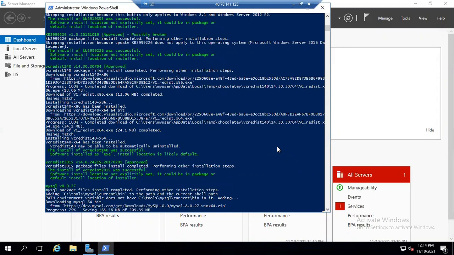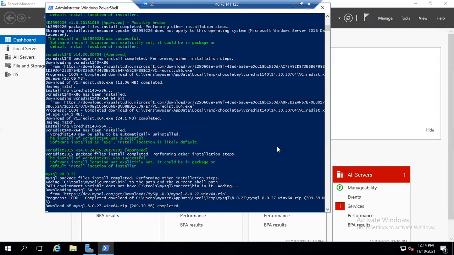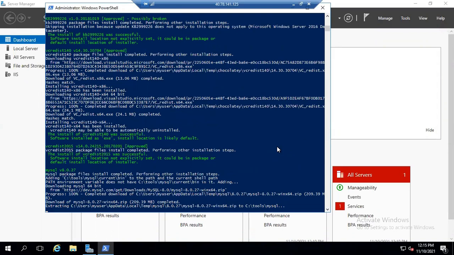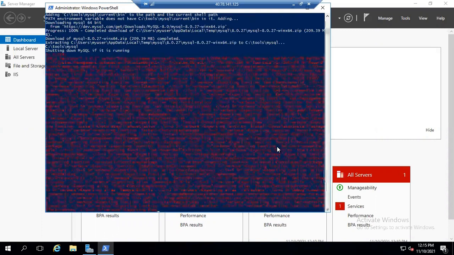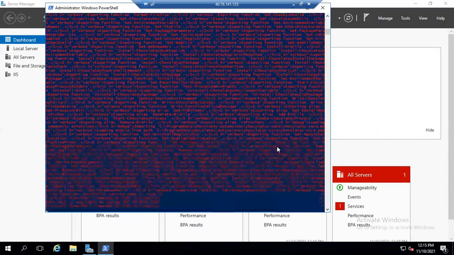Are you seeing, it is installing? Downloading of zip is completed. It is extracting now. Something went wrong.